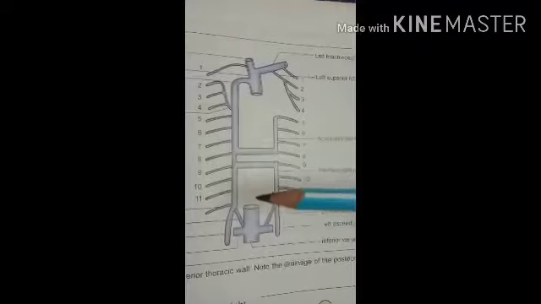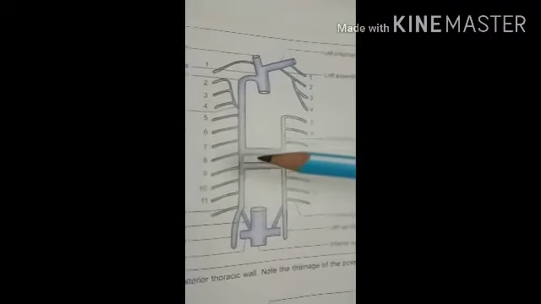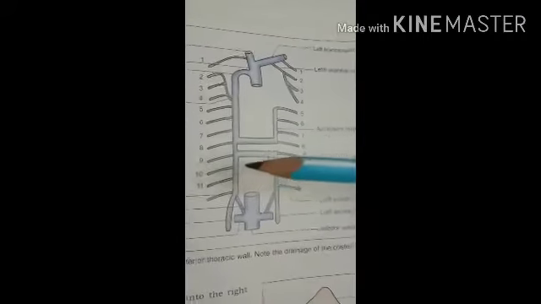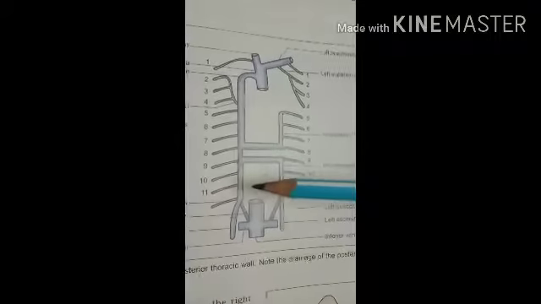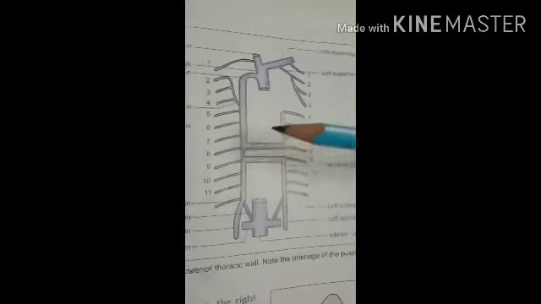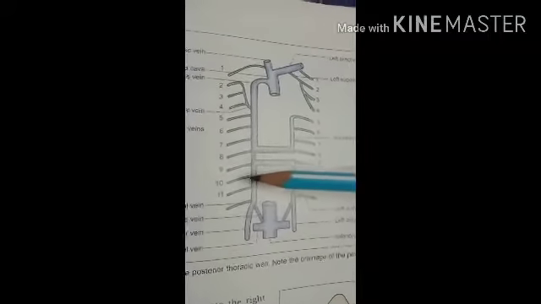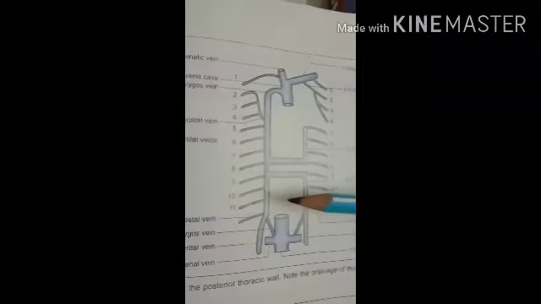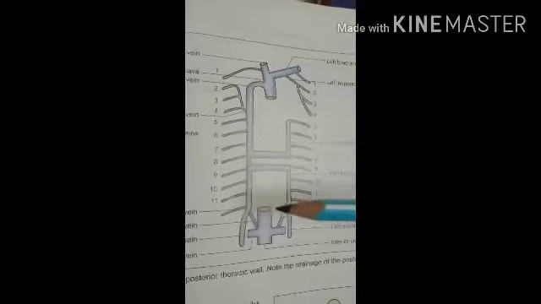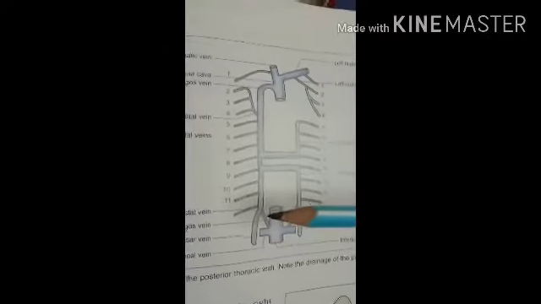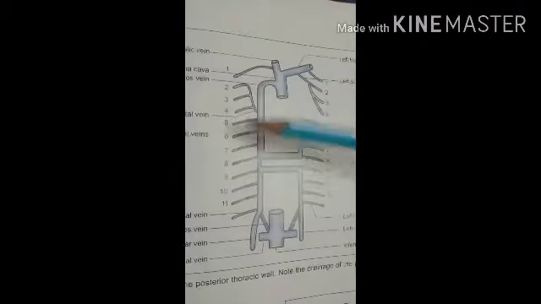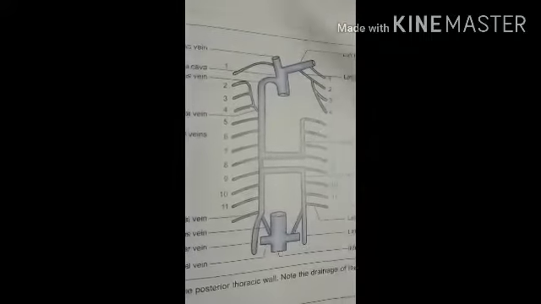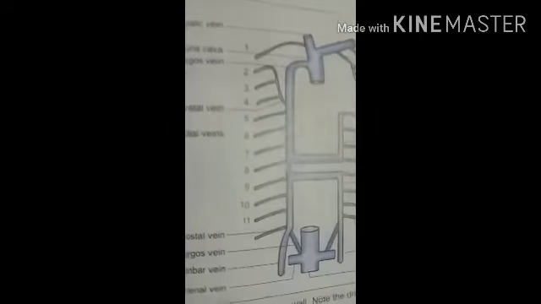It is provided with valves and may appear tortuous. The functions of the azygous vein are that it drains the venous blood from the thoracic wall and the upper lumbar region. Okay. Then it forms an important collateral channel connecting the superior vena cava and the inferior vena cava. So that is the important function which is done by the azygous vein.